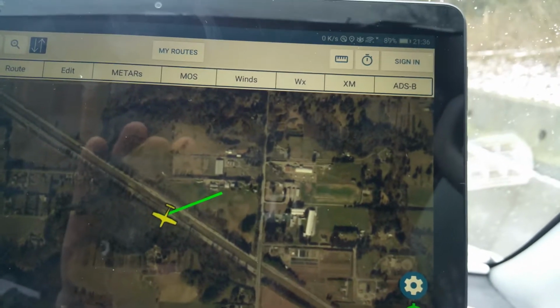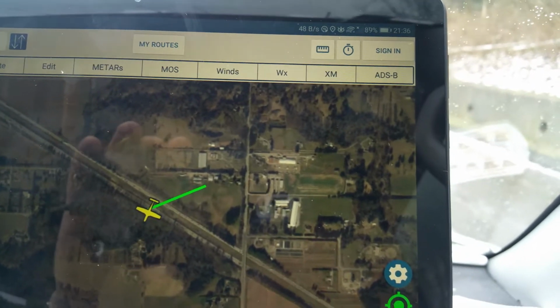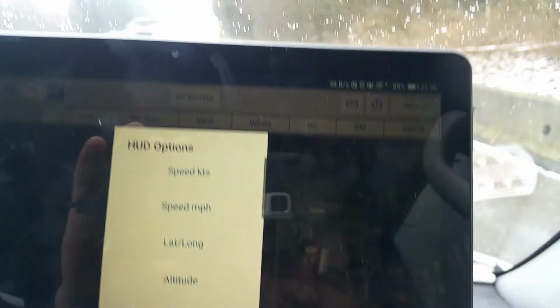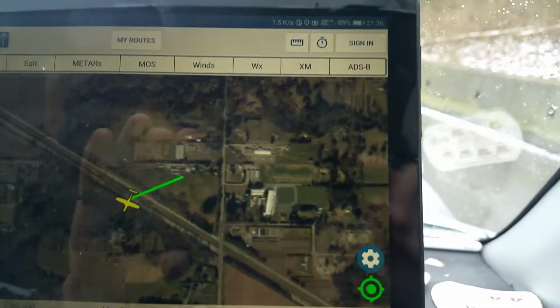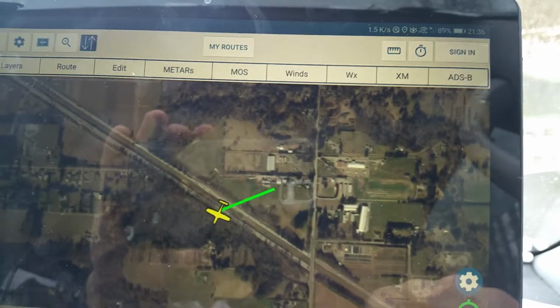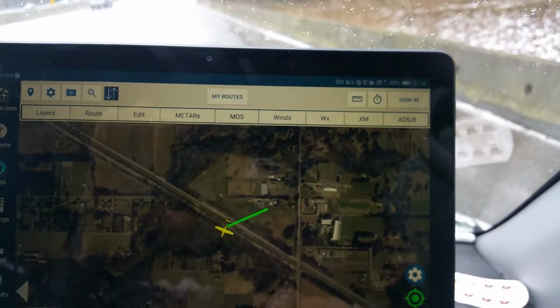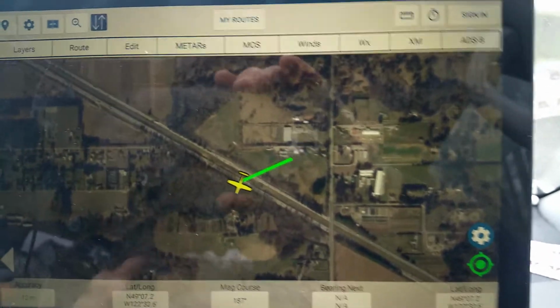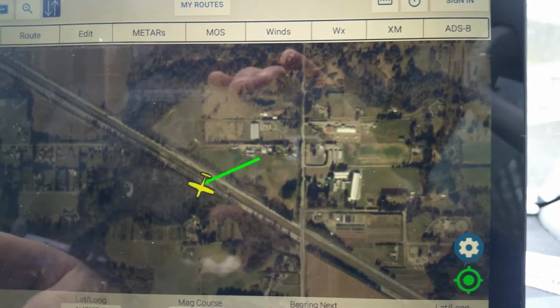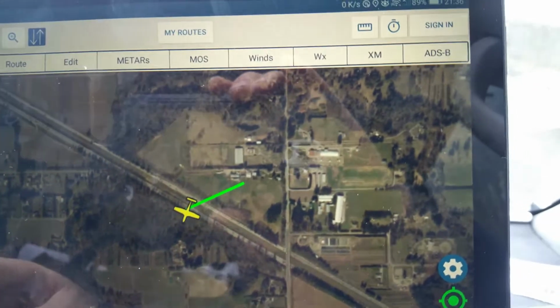So I can set, maybe I have to press something. Okay, latitude, longitude. Okay, so you can modify these fields here. You can set a flight plan like with the Foreflight. You have a bunch of checklists. I think I like the Foreflight checklists better. You can connect different devices here,